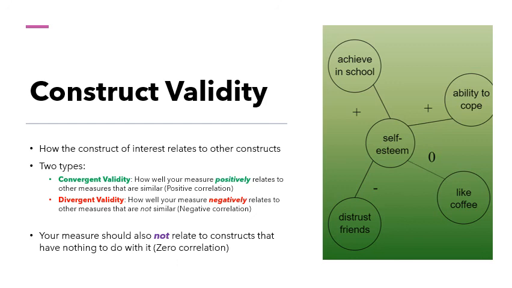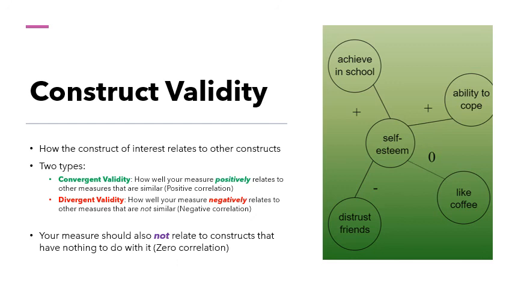Additionally, there's divergent validity that's associated with construct validity. How well your measure negatively relates to other measures that are similar. This is a negative correlation here. So if I have higher self-esteem, it should likely negatively correlate with my distrust for friends. Someone with higher self-esteem oftentimes has more trustworthy friends or has a higher trust in friends as opposed to their